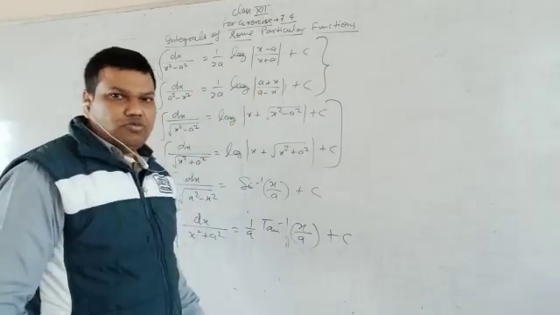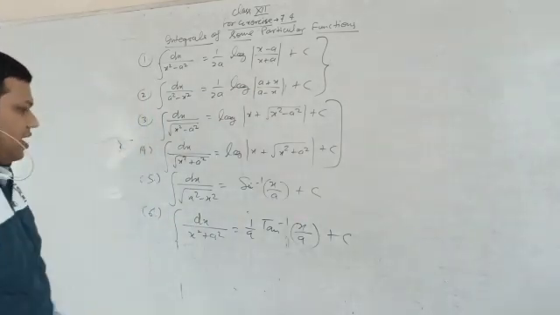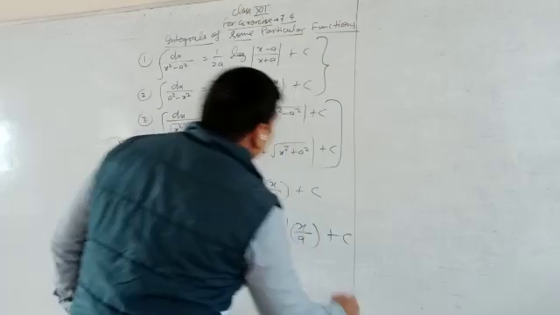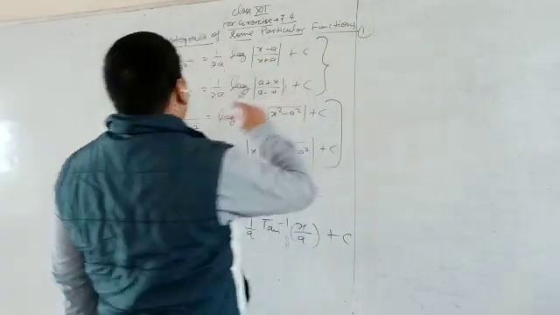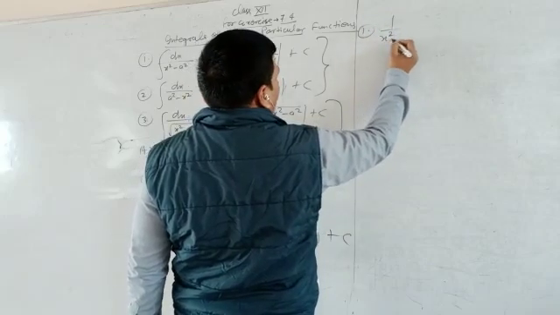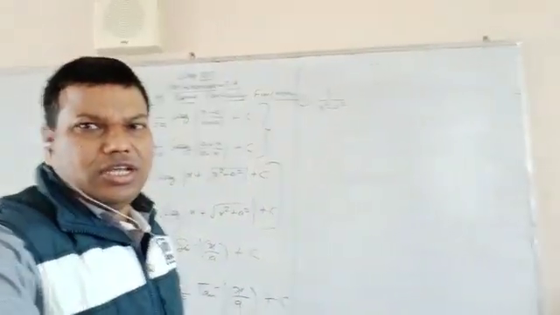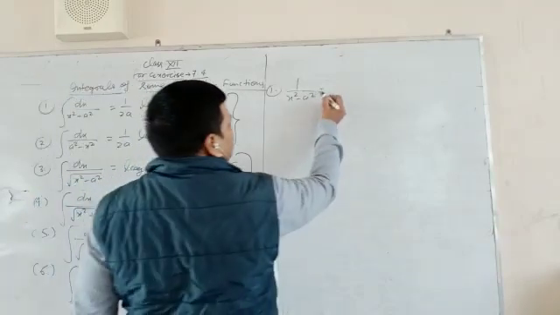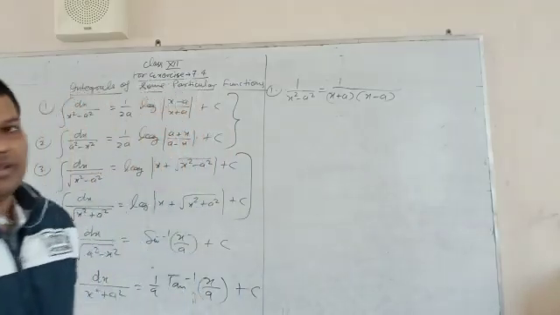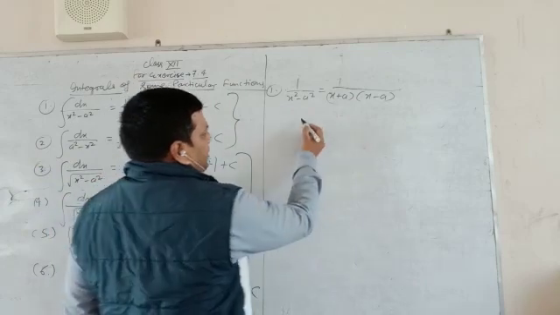Now I am going to tell you how to prove these formulas. Okay, so you can write these formulas, and now I will tell you how to prove the first one. If you have dx upon x square minus a square, first of all take that function, and can we write it in this form, 1 upon x plus a and x minus a? Yes, the formula a square minus b square is applied here.